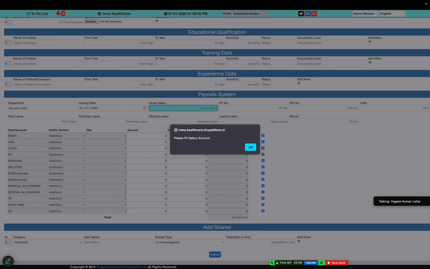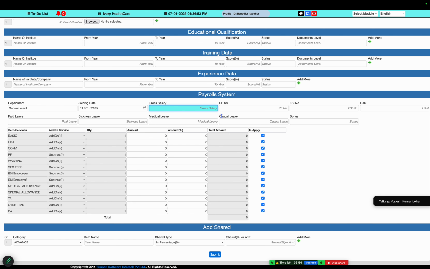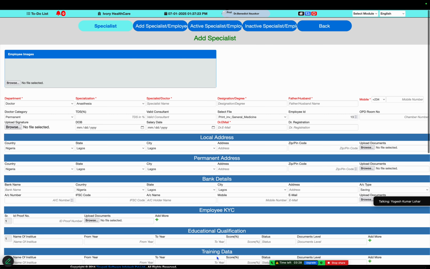The salary of the user is like 25,000, and the rest of the details like PF number, ESI number, tax, paid leave like 5 paid leave, and 2 sickness medical leave. The basic salary is defined as 20,000, the house rent allowance is 2,500, and conveyance is 2,500. We bifurcate the salary and save the housekeeping user employee.